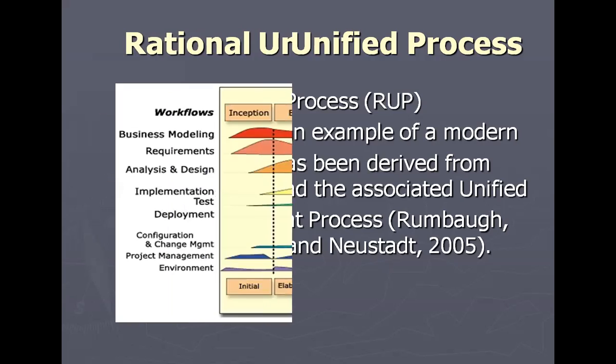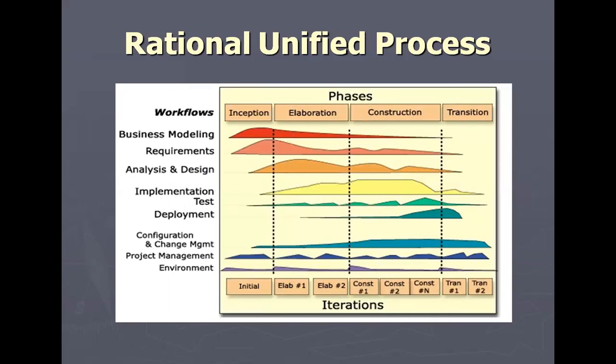This is the diagram of the RUP, the Rational Unified Process. As in the diagram, the Rational Unified Process life cycle is commonly referred to by this diagram. The horizontal humps for each discipline give a rough estimation of the relative effort for each discipline throughout the four phases. There are four phases: inception phase, elaboration phase, construction phase, and transition phase. And the workflows are business modeling, requirements, analysis and design, implementation, test, deployment, configuration and change management, project management, and environment. These are the workflows and these are the phases. And the bottom one is the iteration.